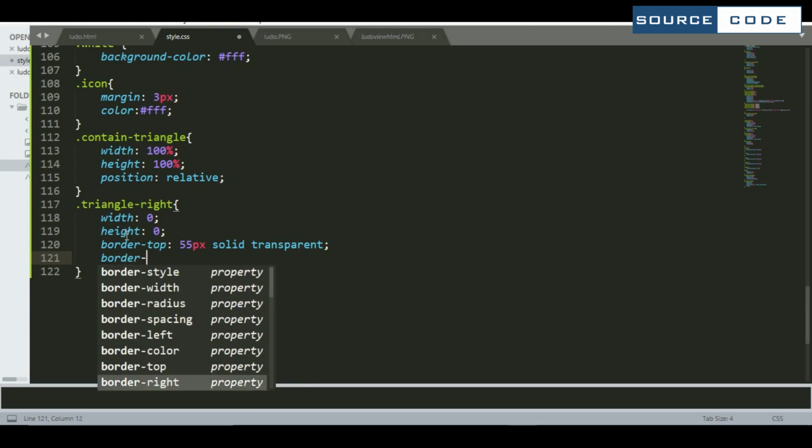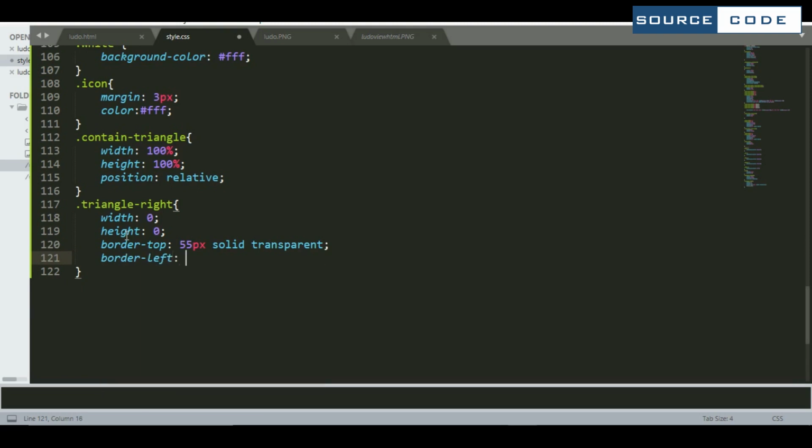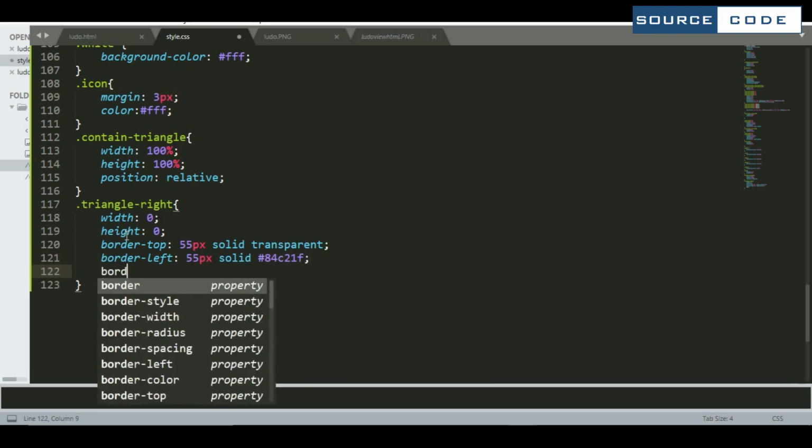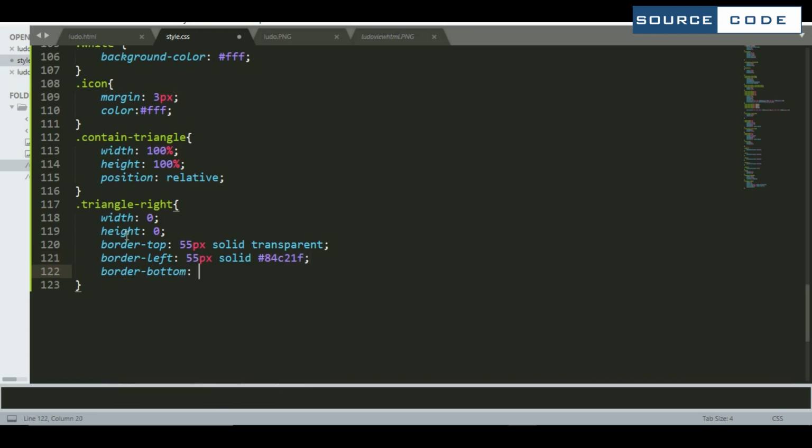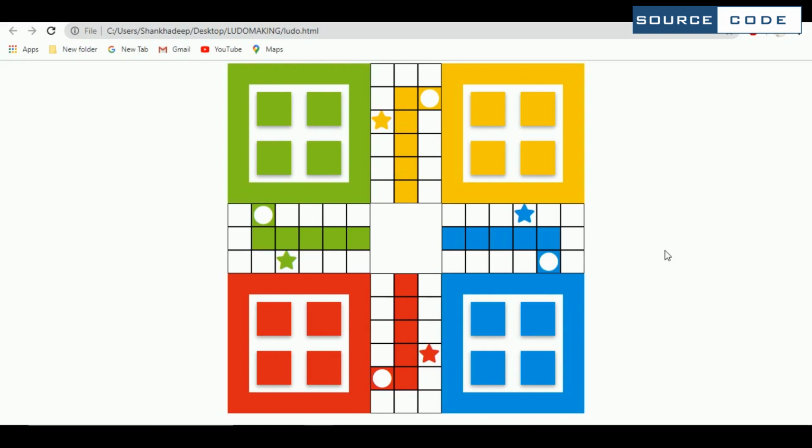Now we need border left here, 55 pixels, solid green color, and one more, that is border bottom, 55 pixels, solid transparent. Now make the position as absolute, left as 0 and top as 5 pixel. Now let me show you the output, how it is coming. And here we got our green one.